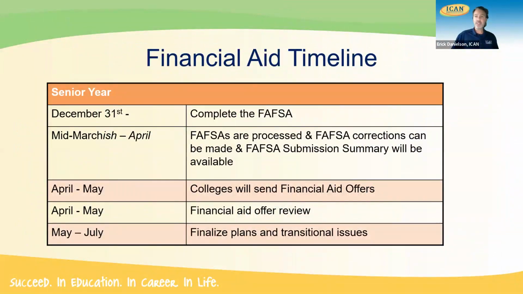Now, normally the process of filling out and being able to complete the FAFSA starts on October 1. This year, there was a delay because of all the major changes that were taking place within the form. So it didn't start until December 31st. And even then, that was a soft launch, and it took a little while for it to really get up and running well.